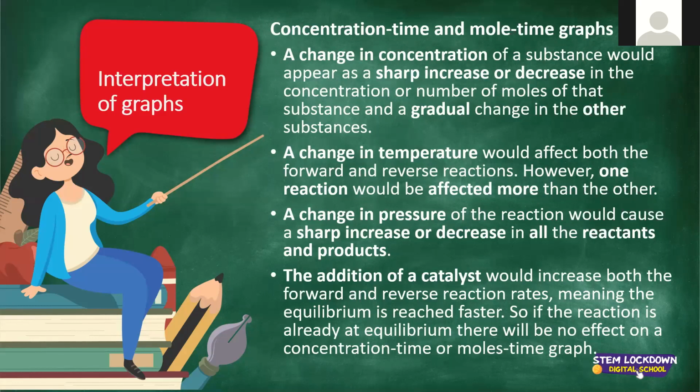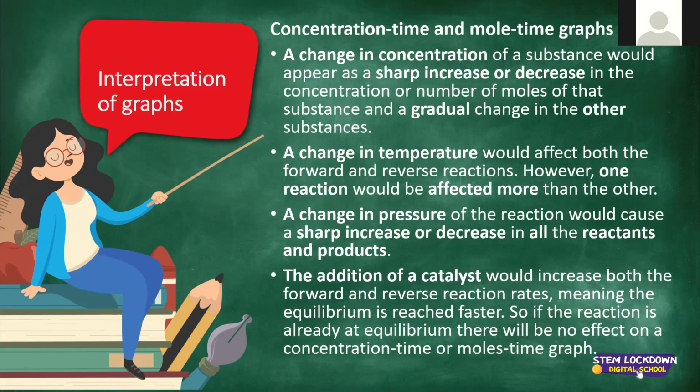Like I explained, your reactants were trying to put back product, and then it slowly eased back into the graph. If there's a change in temperature, it will affect both your forward and your reverse reaction. The way we know that it's temperature is that one will be affected more than the other. Thinking about that graph with the hydrogen iodide, the products had a steeper curve than the reactants, so we knew that the products were being